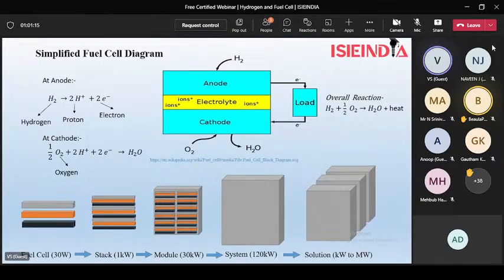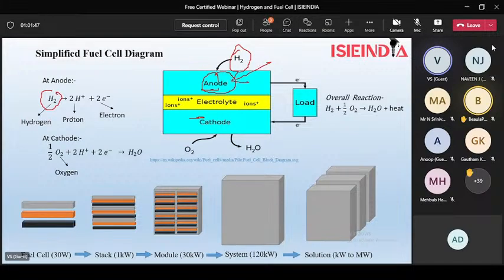So this is a simplified diagram of a fuel cell. We can see here the fuel cell has an anode and a cathode, separated by a medium which is known as the electrolyte. In the fuel cell, we supply hydrogen at the anode, and due to the presence of the catalyst here, the hydrogen is